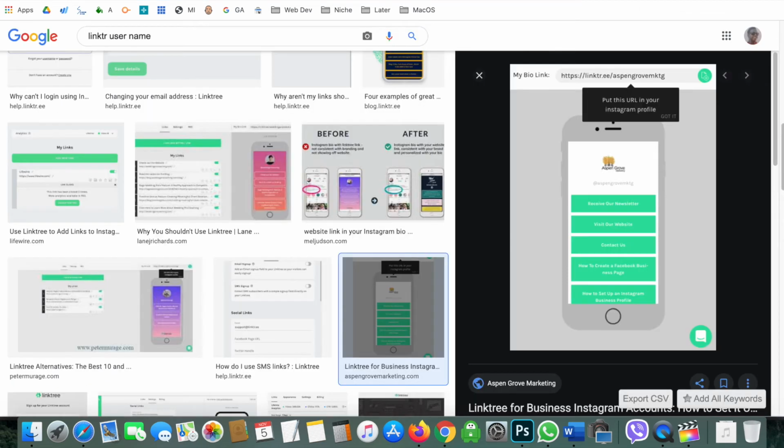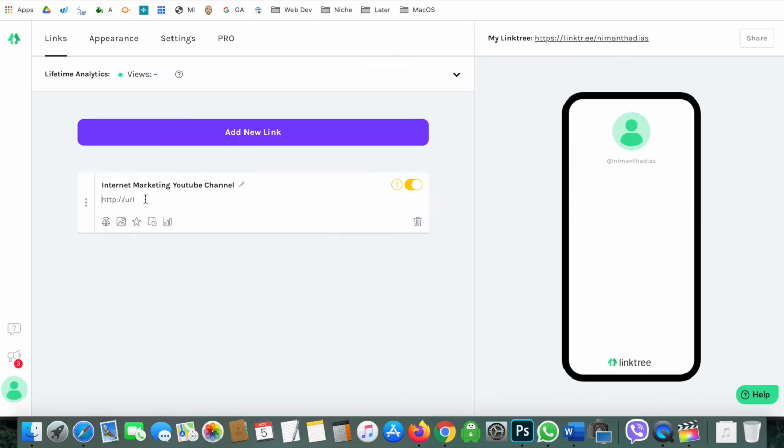Get that link, oops, not that one, and put the URL. Once it does, see, it is a little bit too long, right? I knew that, but I just wanted to see how it looks. The good thing is you can always change this stuff, okay? So no stress. Quick and easy.